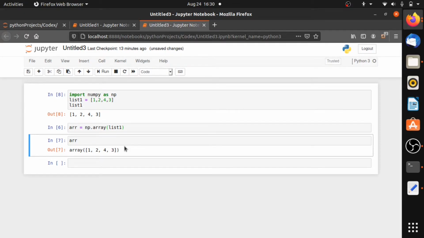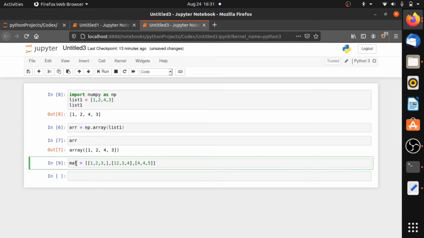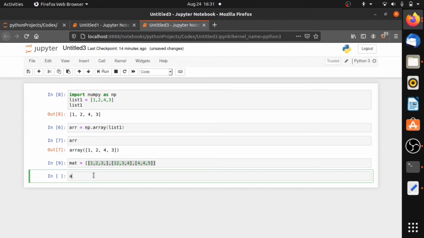Now let me show you how to identify a 1D matrix and a 2D matrix. Let's create a 2D matrix here. Matrix equals, so here we have created a nested list, that is mat. Now let's import mat's objects into a NumPy array, which is done as I showed before: my_matrix equals np.array.